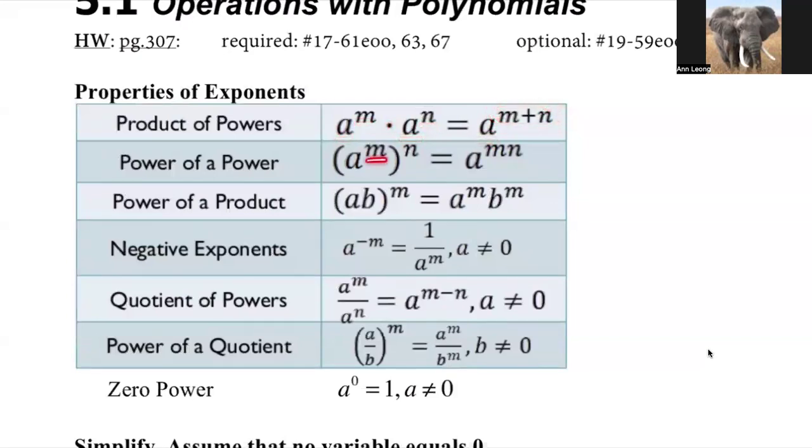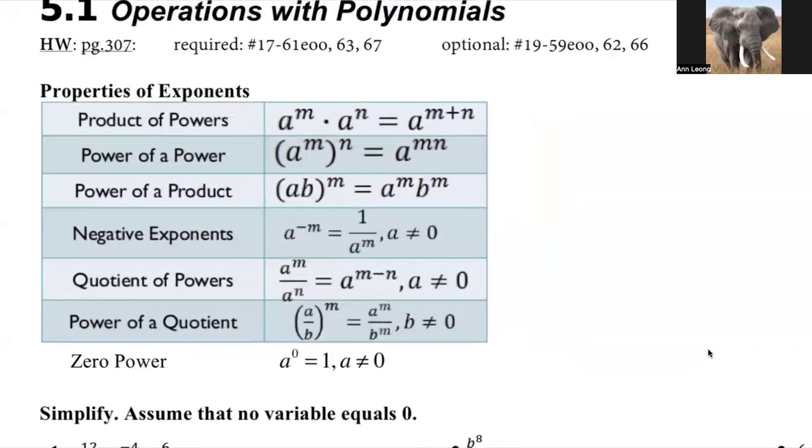If we have a power to a power, we multiply those exponents, keeping that same base. When we have a product taken to an exponent, we can give each factor that exponent. However, please do not mistake this to mean that (a plus b) to the m power is equal to a to the m plus b to the m. This is not true,